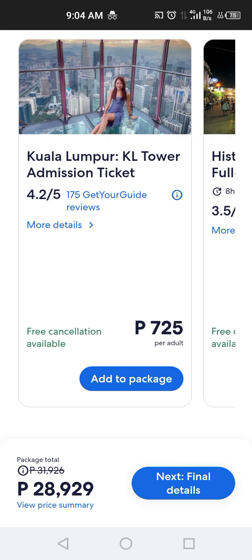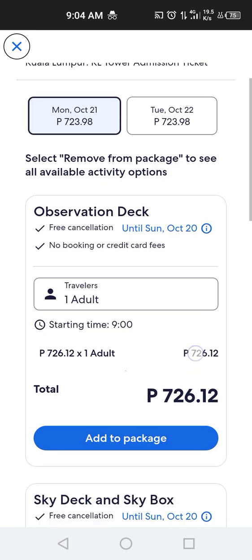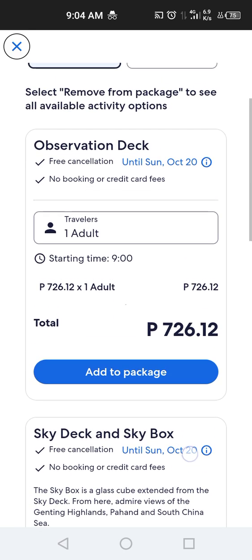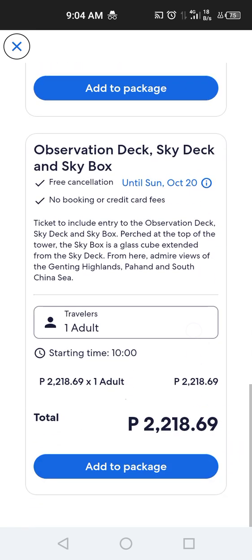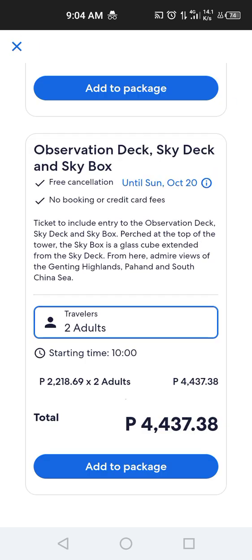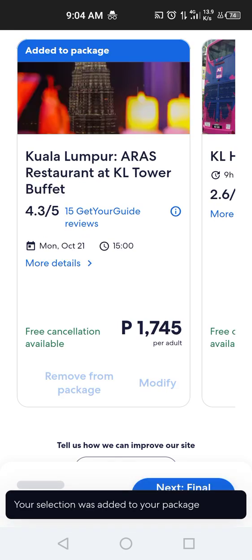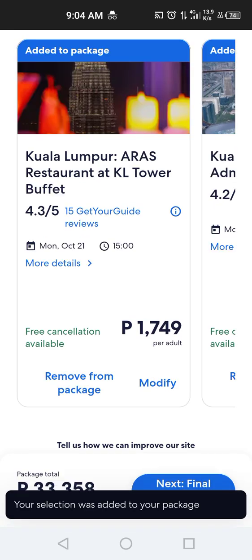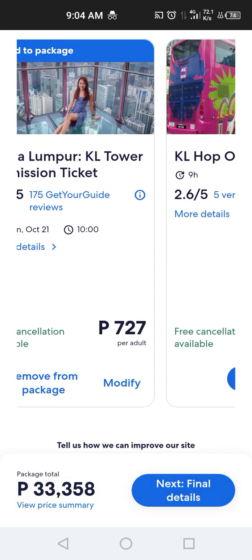7 hours. Maybe let's go with this one. No, this one. I want this one. So two adults. Here we go. That will be our second activity for the first day in Malaysia.